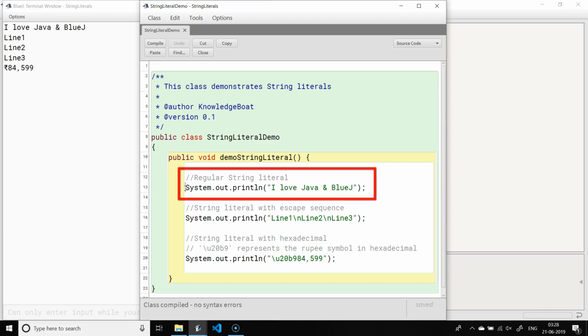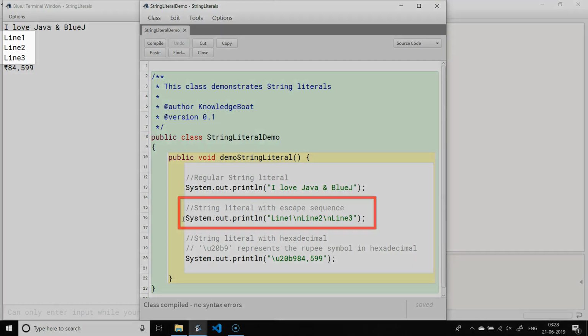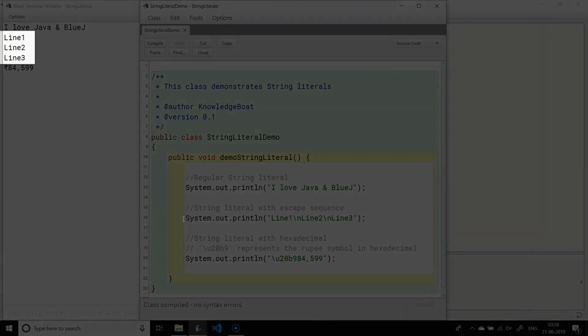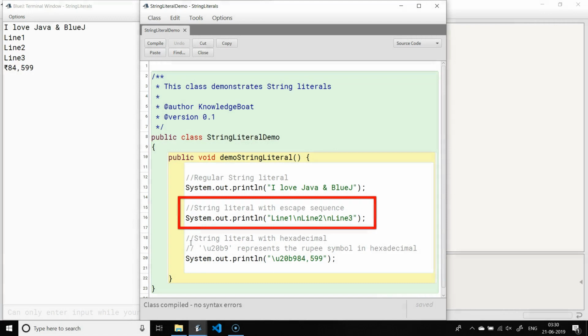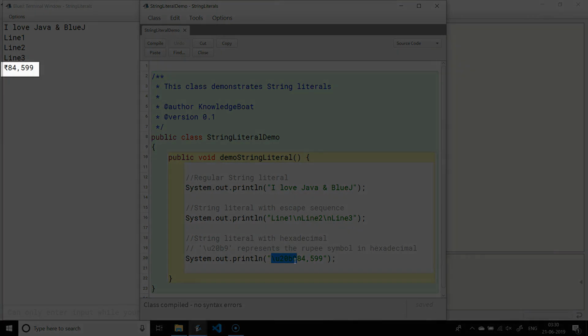This here defines a regular string. We have been using this for a while now, nothing new here. In this string literal, we have used the escape sequence for new line in between the words line 1, line 2 and line 3. So, this string literal gets printed on 3 lines like this. In the next string literal, we have used the Unicode value of rupee symbol in hexadecimal form, which is this. This line prints a rupee amount of